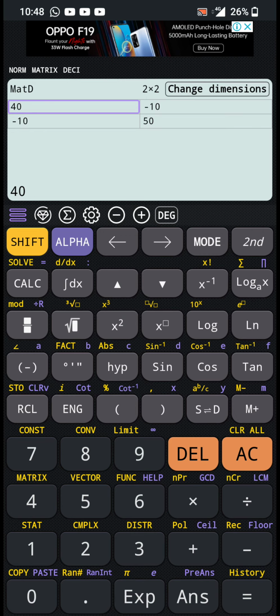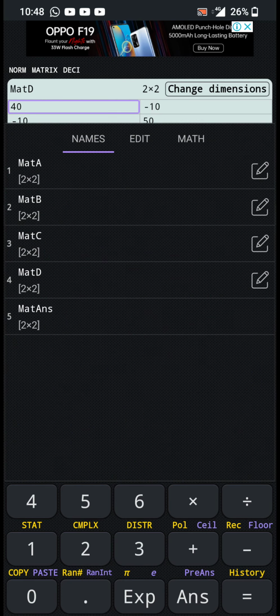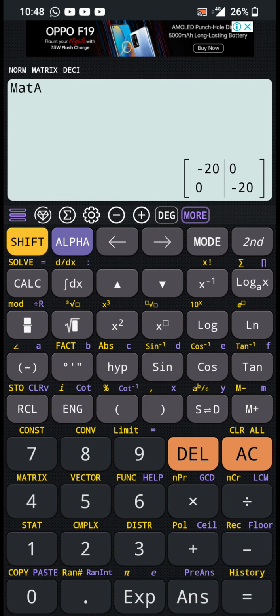Initially we are going to multiply matrix A, matrix B and matrix C. For that, once again press shift and 4. Now instead of pressing the edit window, we press on Mat A, so we get matrix A like this.